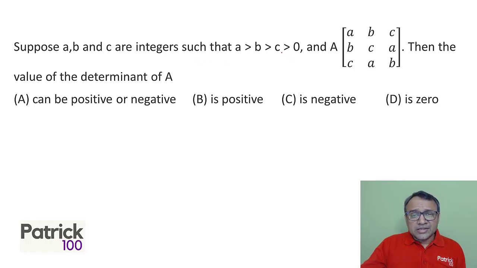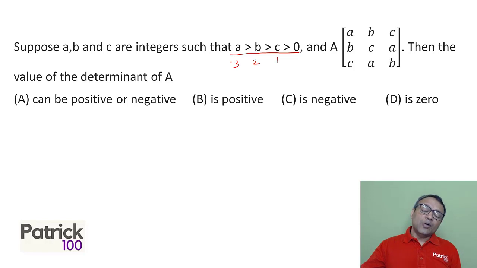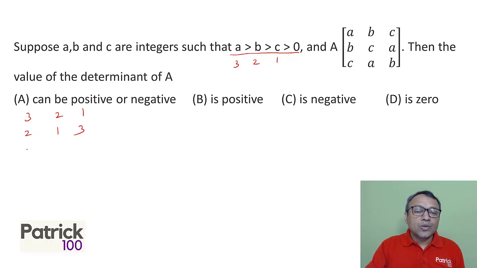Okay, matrices. Now they have not given you the values of A, B, C. An easy way to do this sum is to put values for them, like how in the sine cos sums I assume 30 degrees. Here I can also assume values and then try to solve. It becomes easier and faster to solve. So if I put the values 3, 2, 1, 2, 1, 3, 1, 3, 2, and I solve,